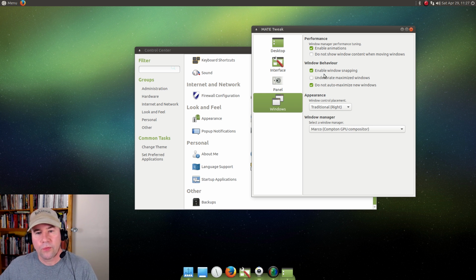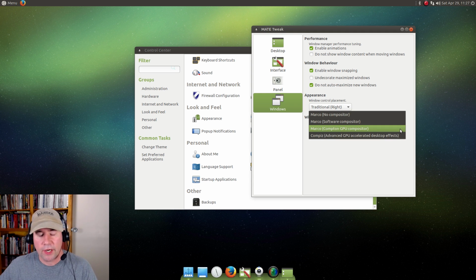You've got some options for window behavior. Where do you want your window controls, left or right? And then window manager, you can select from the Marco window manager with no compositor, Marco with a software compositor,